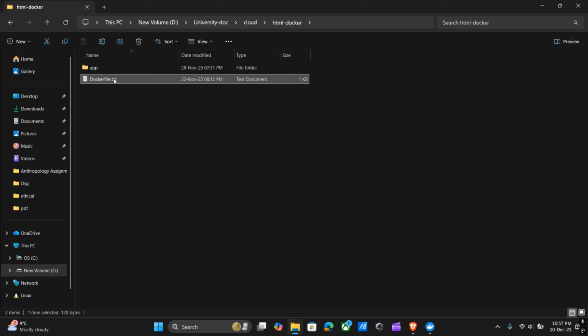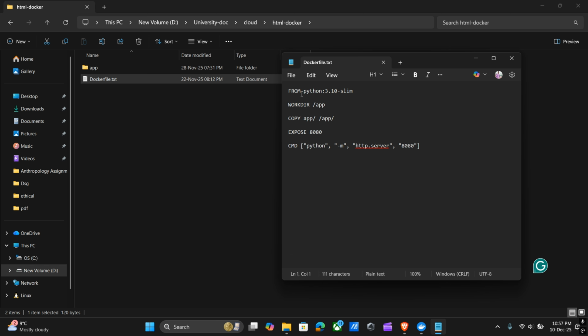So in my Dockerfile, FROM python: this line tells Docker to build the image using the official Python 3.10-slim image. Slim means the container is light. WORKDIR /app sets a working directory inside the container. That means working directory. COPY app/ /app/